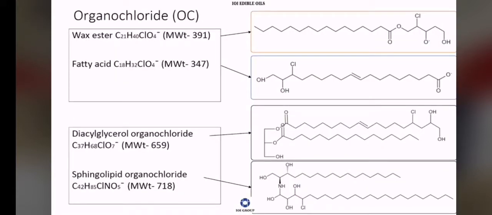Now, the organochlorides, as mentioned by Engineer Mervyn, there are many possibilities of organochlorides existing in the CPO. Here we've shown you the presence of some, where you have, in the first case, wax ester with a chloride already in the molecule. Same with the fatty acid in the next row. Diacyl glycerol organochloride, the third one, again with a chloride already in it. And the last one, if you want to see what a sphingolipid organochloride molecule looks like, these are materials that